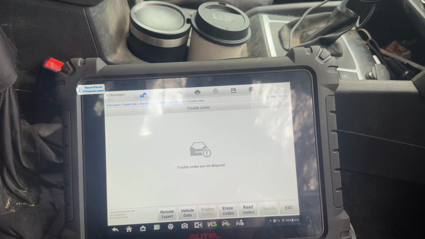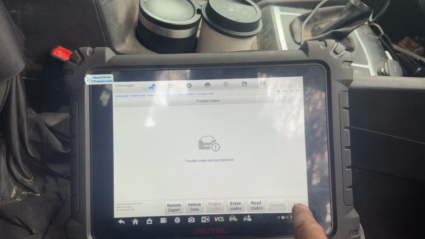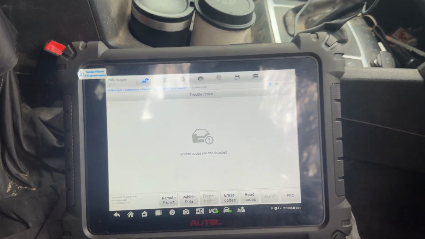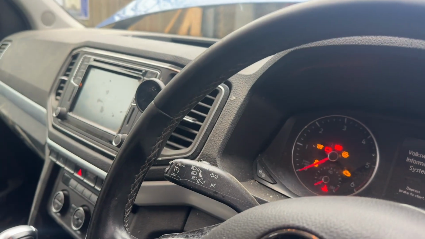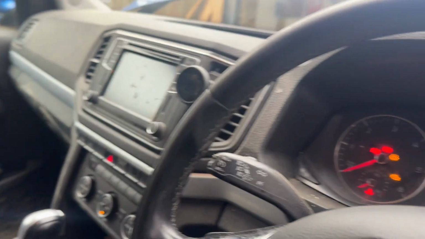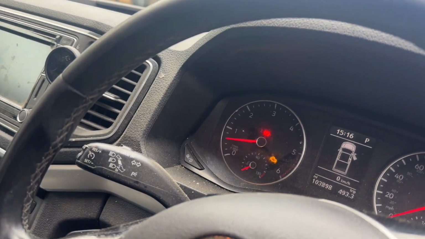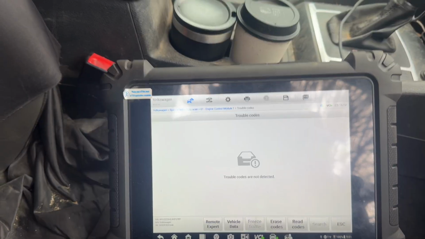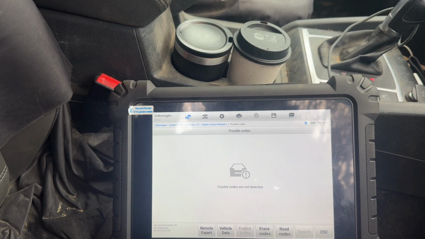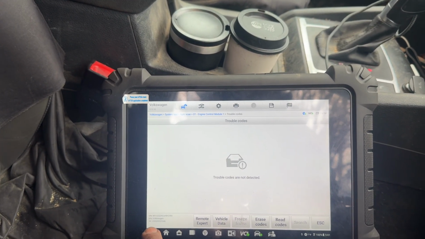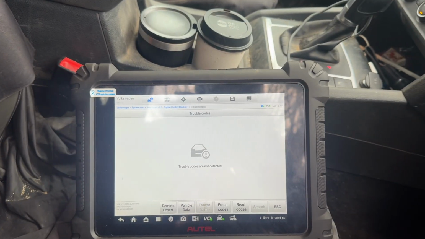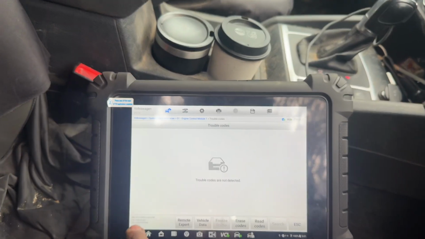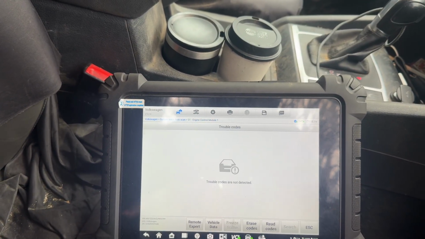Oh, trouble code not there. Hmm. Right, if it's that way, I don't want to do anything for the bingo. I didn't do any adaptation, so I'll try to do the adaptation,